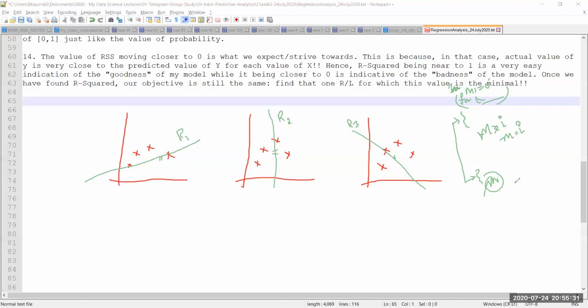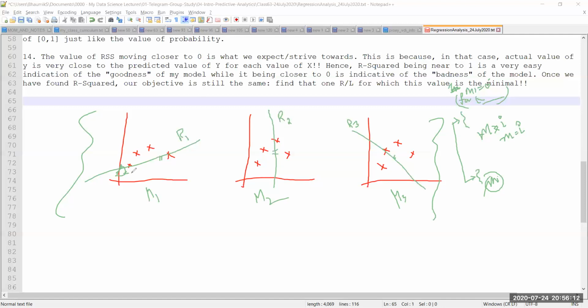You are iterating through the entire list of numbers and trying to find that one number which is minimal. In the same way, this entire thing that we have done over here is also an iterative process. We are looking at model 1, model 2, model 3, and then we find out which model has the lowest value of R square. We take that model, identify the intercept and the slope, calculate theta 0 and theta 1, and accordingly formulate the answer to the question.